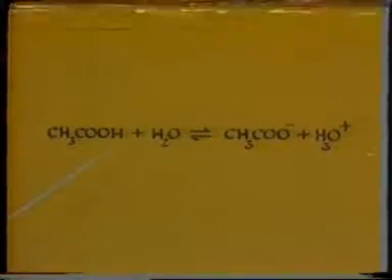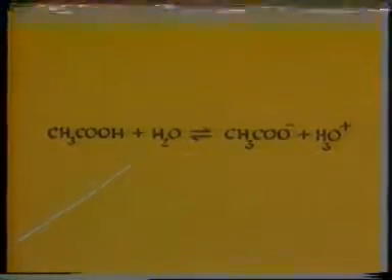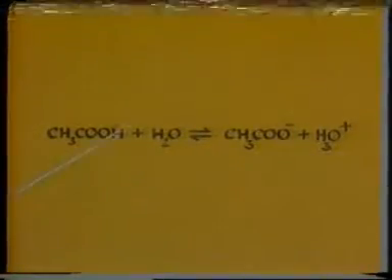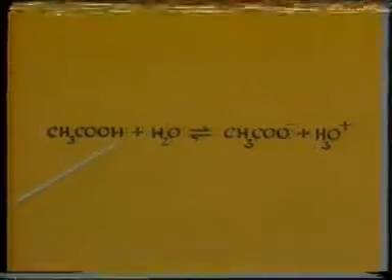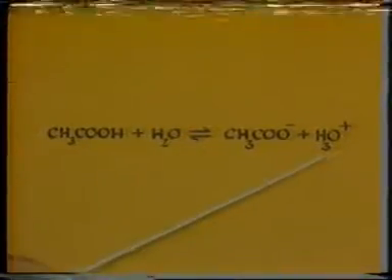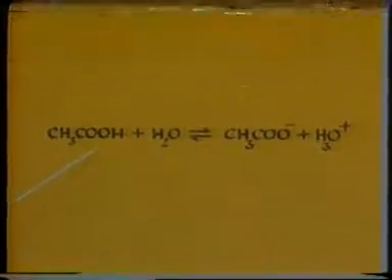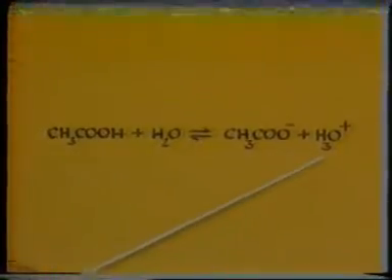According to Arrhenius theory, an electrolyte need not be completely dissociated. Instead, it may be incompletely dissociated. There exists an equilibrium between dissociated and undissociated particles. Now here we are finding an equilibrium between acetic acid and water, giving rise to acetate ion and hydronium ion. Before water is added, it will remain as acetic acid. No acetate ion or hydronium ion are present. When water is added, acetic acid will be dissociated, giving rise to acetate ion and hydronium ion.